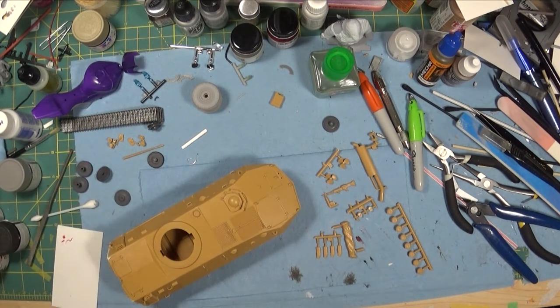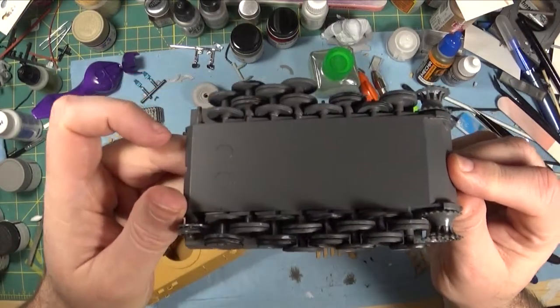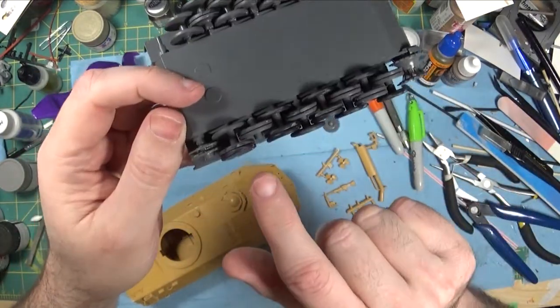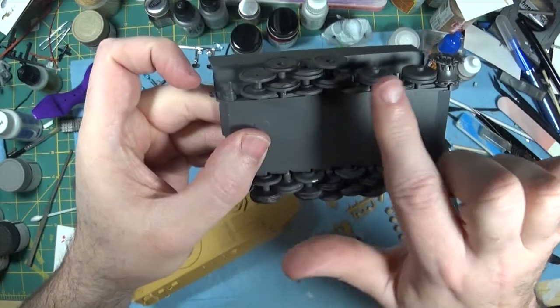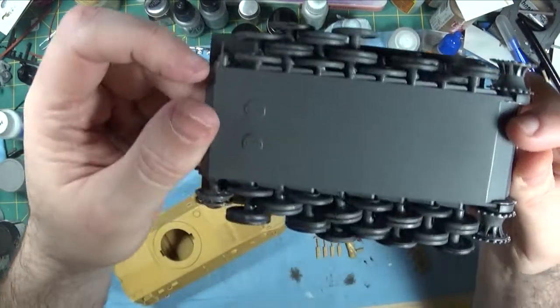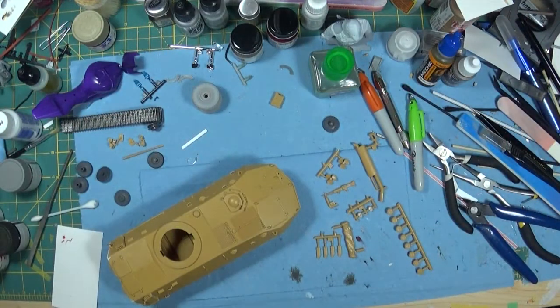The Tiger is really fighting me on these wheels. You can see this side is done except for one here that came off when I was trying to do this other side. And this other side I got about half done. So, like I said, the amount of wheels on this is just insane. One other thing I'll mention,